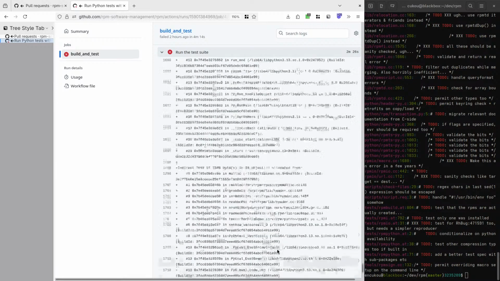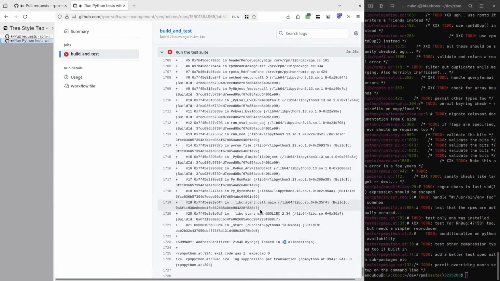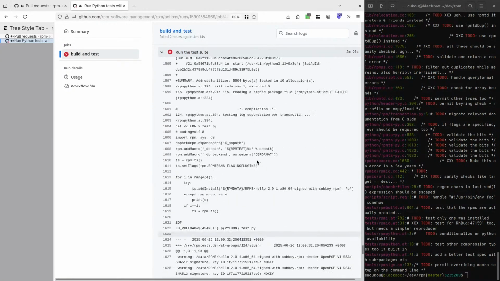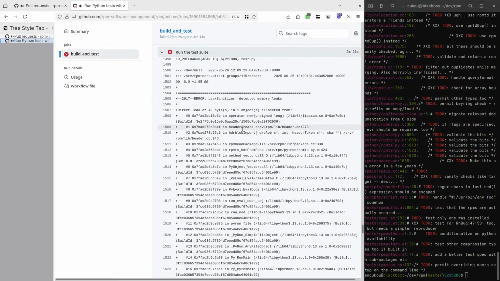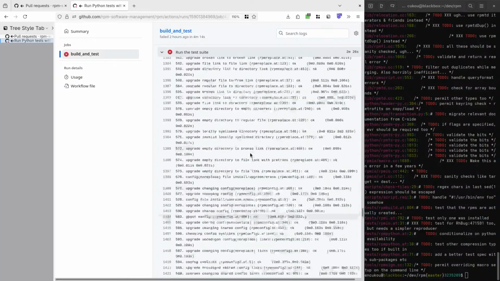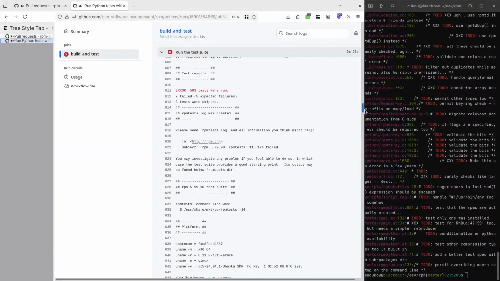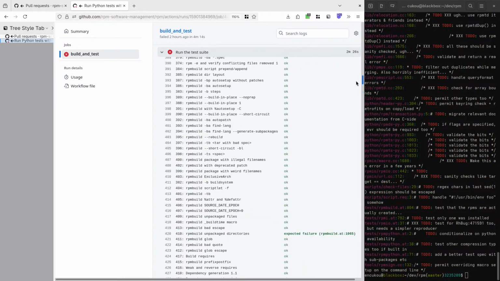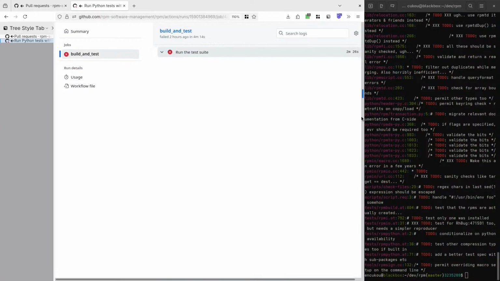At 36 allocations. The other allocations? Oh, detecting memory leaks. Can you reproduce this locally? Let's take a look. So I would.